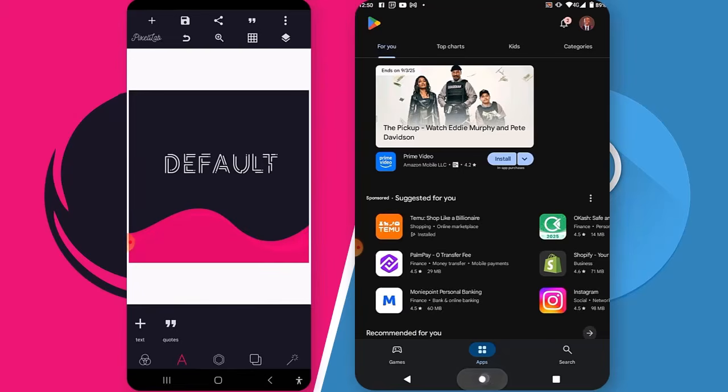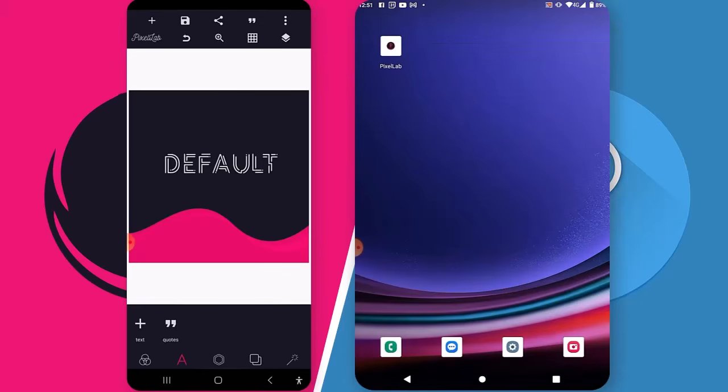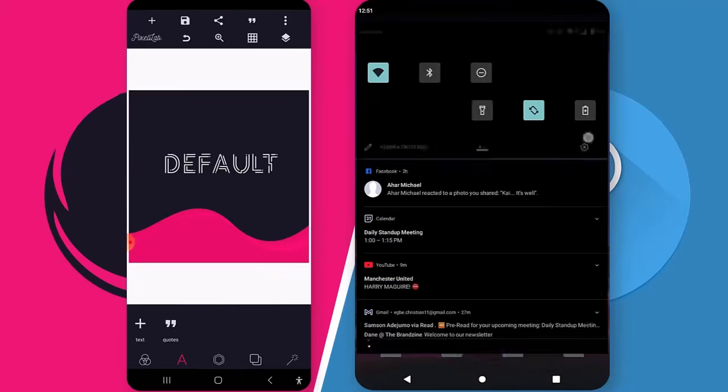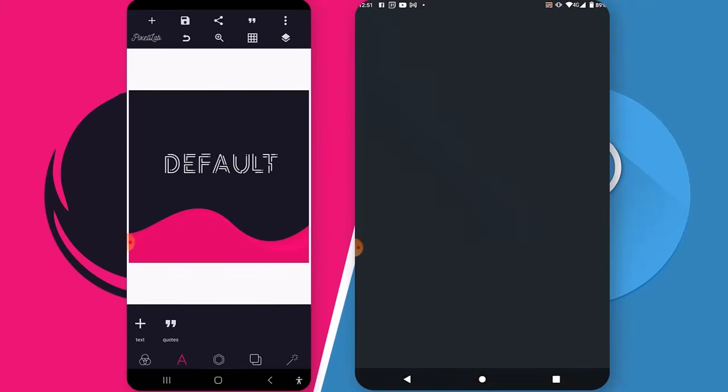Now, if your Pixellab Pro is not installing, uninstall the one you installed from Play Store, and then go to settings. I have a video on that already. When you go to settings, you can just search for unknown apps,